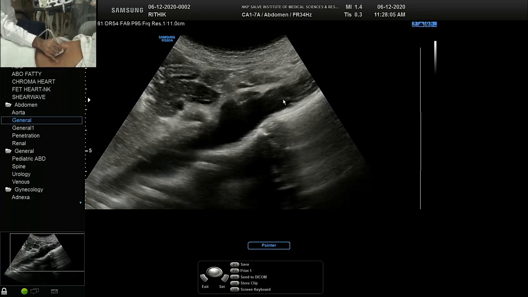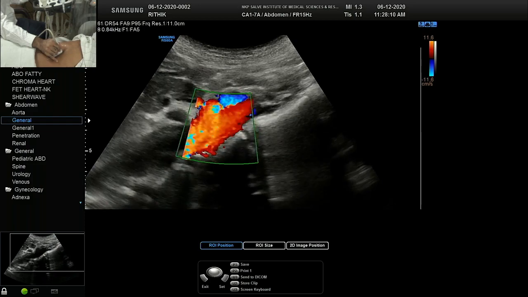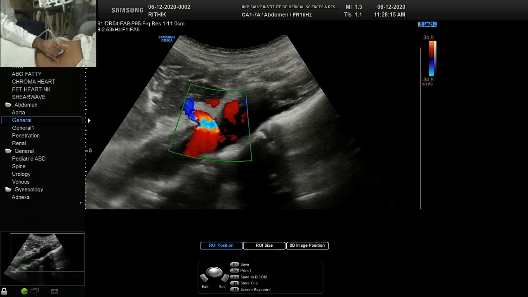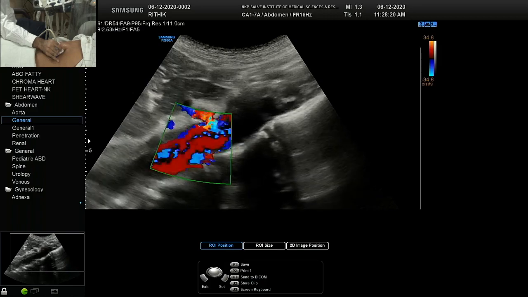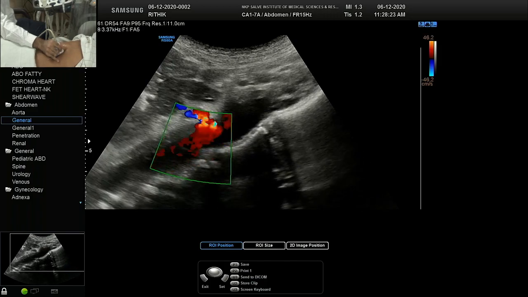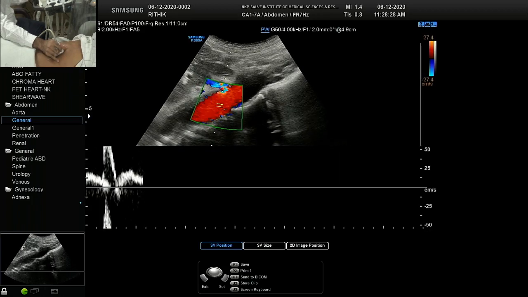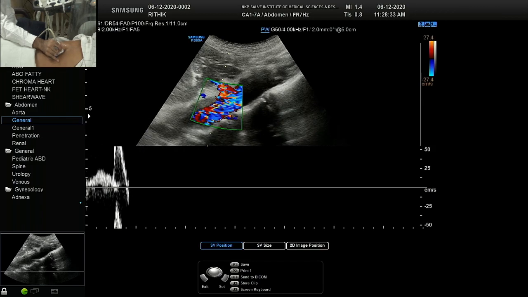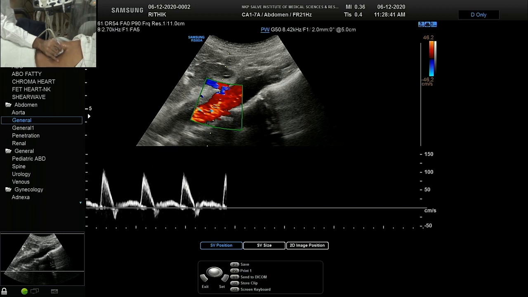So we'll now put color on the aorta. So lot of flow, lot of aliasing. Increase the color scale so that you get a good flow, complete filling. You will see the supraceliac part. So we will turn off that simultaneous mode. Try to do a quick scan. Yes, it has given us a good